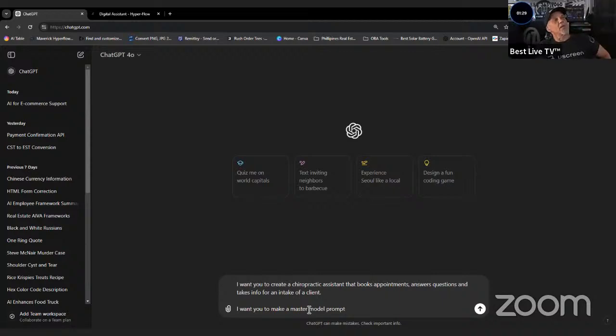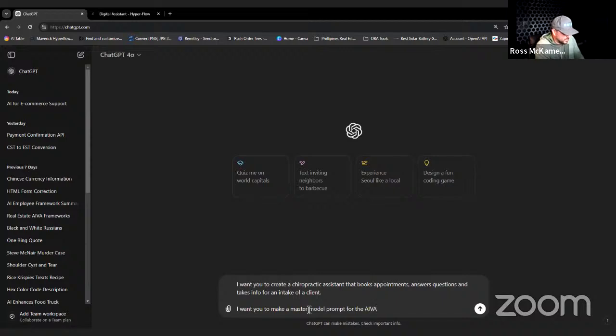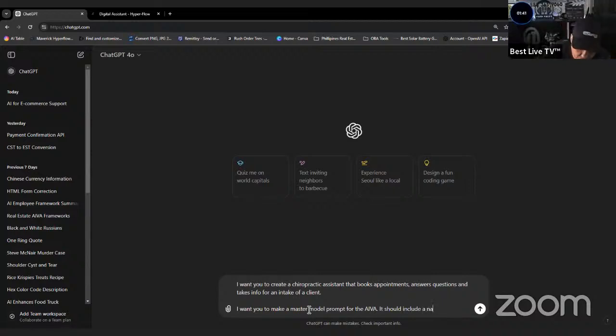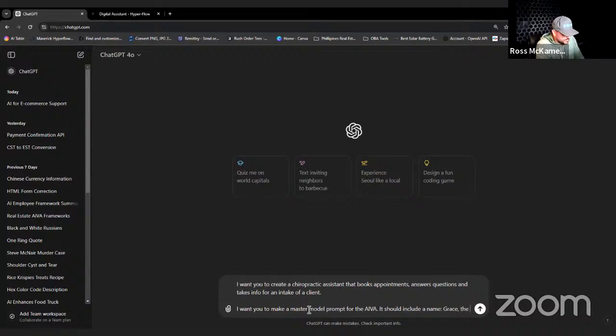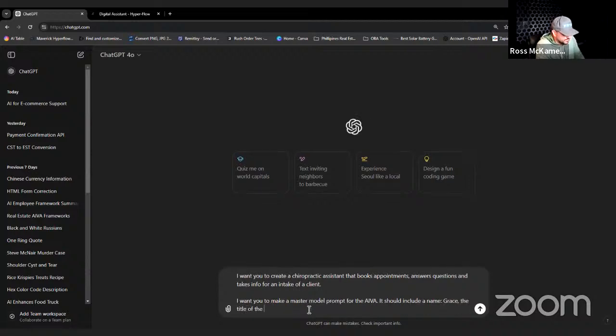Doesn't it seem that way? Isn't that the truth? I'm going to make a master model prompt for the AIBA. It already knows what I'm doing for AIBA. We always misspell every word. It should include a name, Grace, title of the employee,